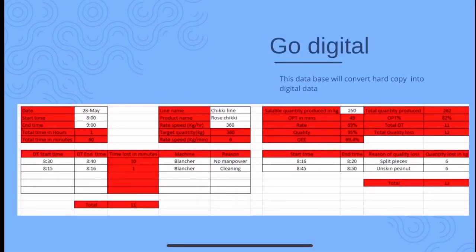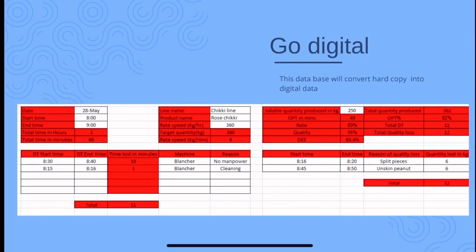Now this is an example of a data entry form which we will have from a software, the OEE application, which will help us to gather this information. In this entry form, we will enter all the information we have gathered in the log sheet into a tabular data entry form.